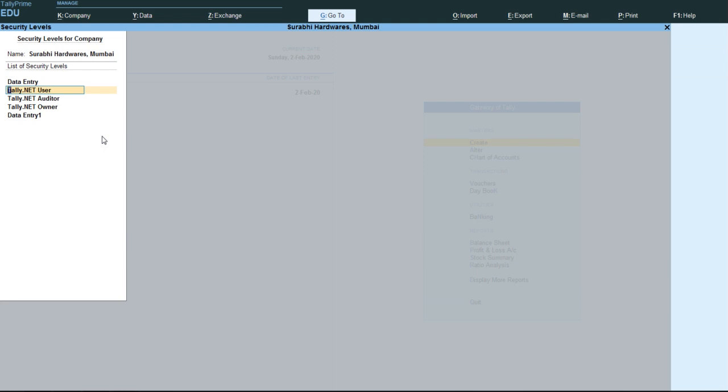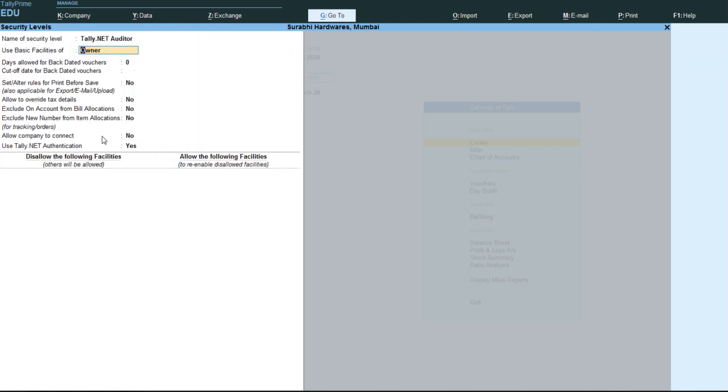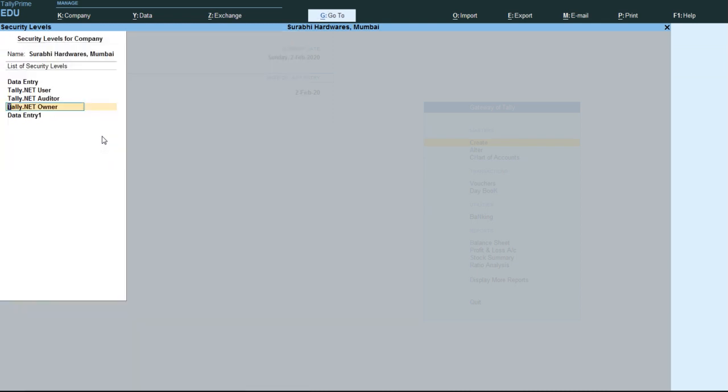Similarly we can define the do's and don'ts for the Tally.net user here. Currently it is not there. Similarly we can define the do's and don'ts for the Tally.net auditor here, and for the Tally.net owner.